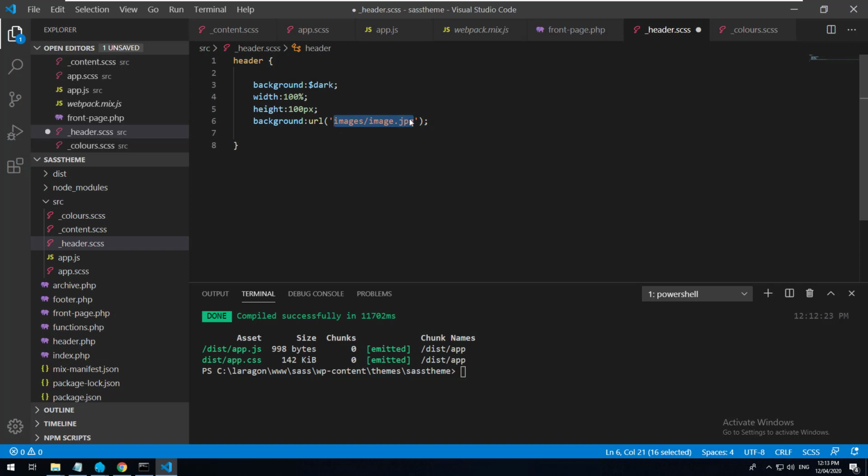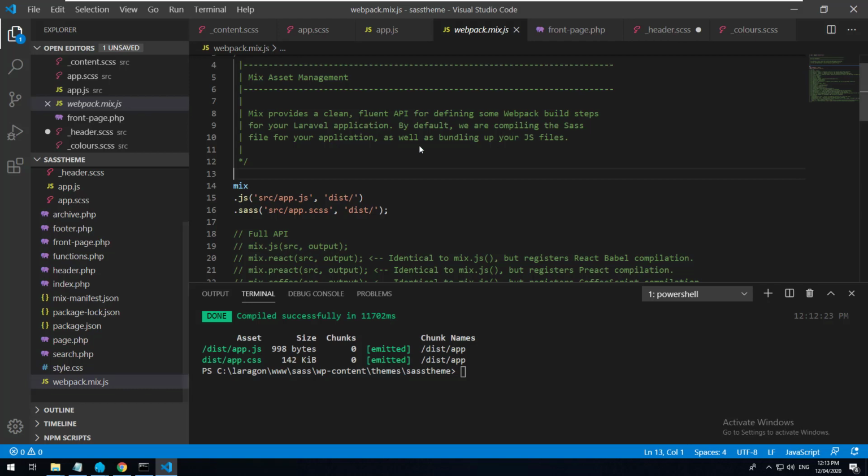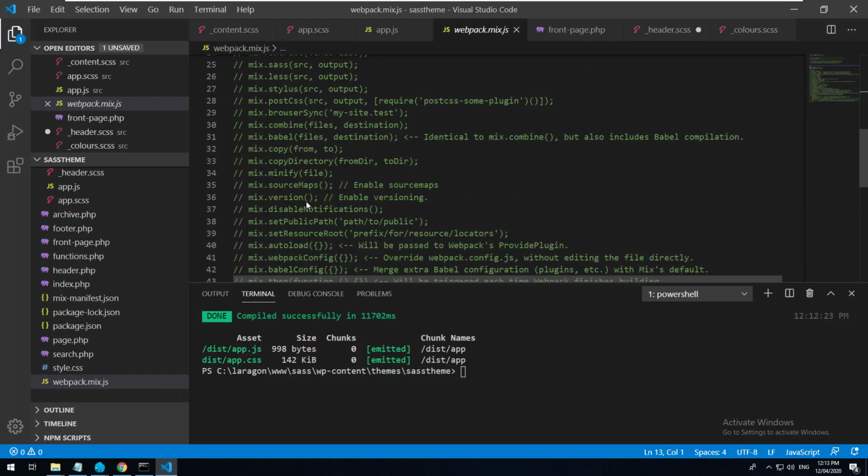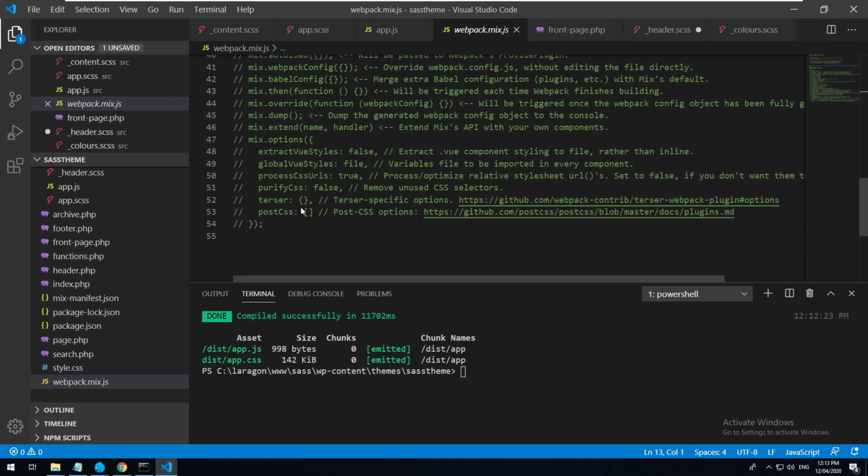Laravel Mix is actually going to look for that file, and for some reason it doesn't find it properly. So you may need to switch off the ability for it to do that, which you can do by going to webpack.mix.js and have a look in these commented out features here and look for one called process URLs. So actually it's here, process CSS URLs. So we can just grab that,